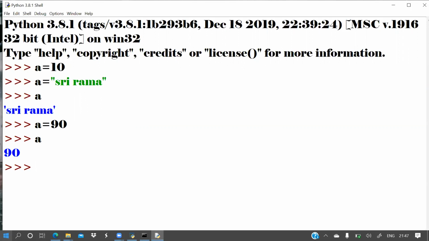Now again, here A is equal to 10 and B is equal to 12, and if I write A plus B, see here, in the previous program I used another variable called C, but instead of using another variable C, we can directly write A plus B. But using a variable and printing it makes it easy to write a program. That's why you use it.